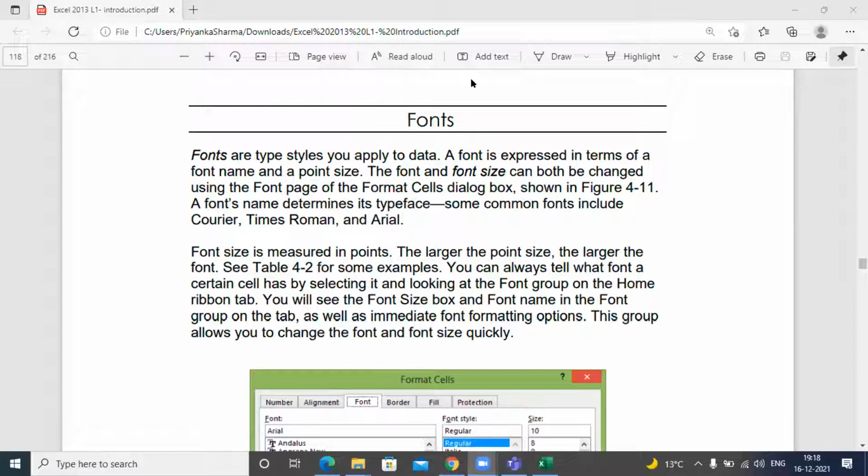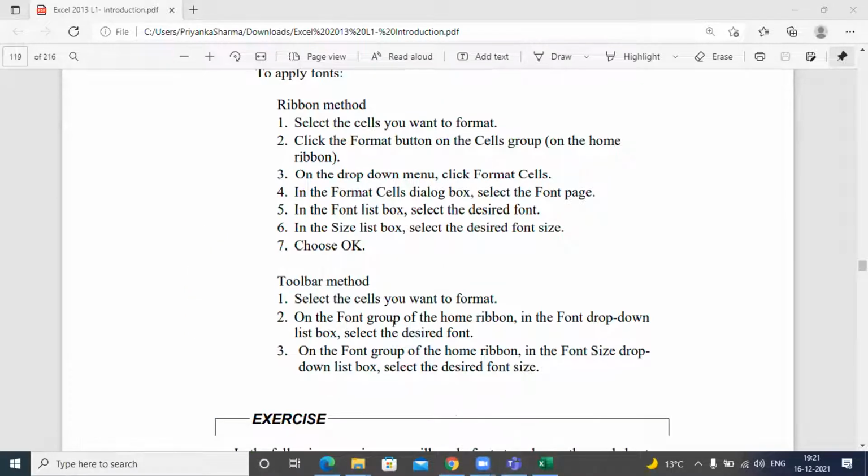If I click on this font, these are the different options through which you can select the font style, the size, and whether you want strikethrough. With superscript, one of the digits is up, and with subscript, one of the digits is low. You can select the appropriate font for the way you want to print, and once you have selected it, you can complete the formatting on that particular Excel sheet.